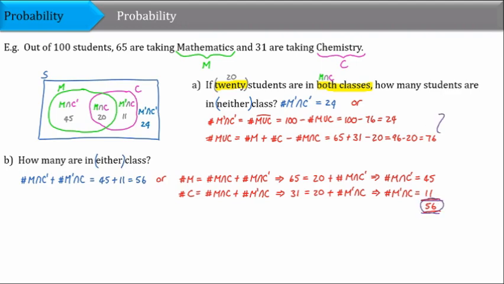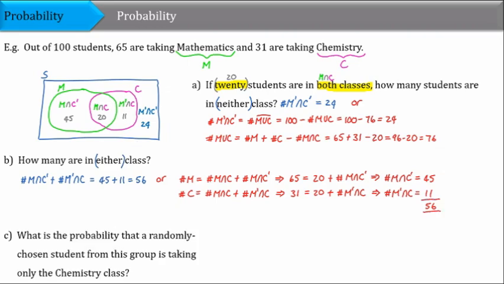Now please note that these calculations in the red are meant for when you don't have a Venn diagram. But again, also in this question B, it's much easier if we can construct a Venn diagram because everything is readable from there. Right, now lastly, what is the probability that a randomly chosen student from this group